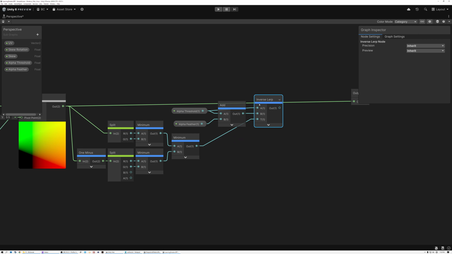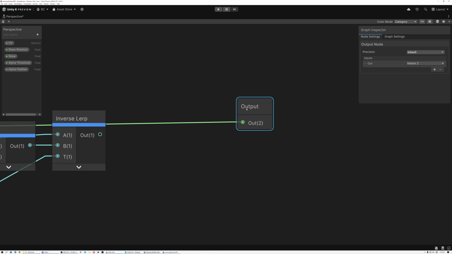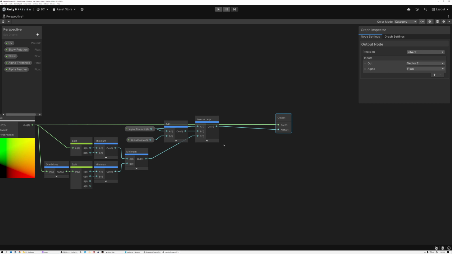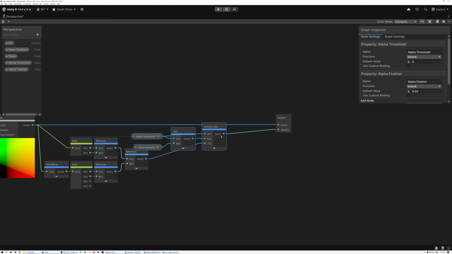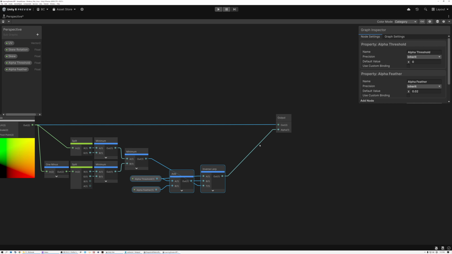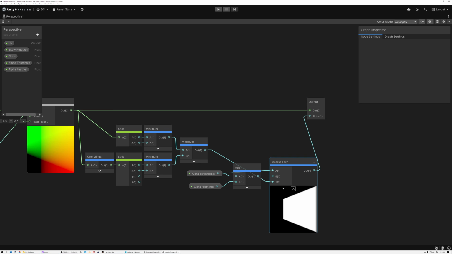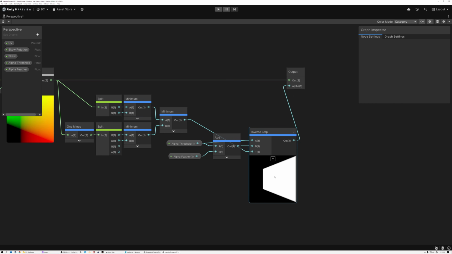All right, so we've got our mask and we can plug this into our output as well. We just need to add another output parameter here and call it alpha, and we can output our result like that. And we did it. We've got our perspective warp node, and it's creating the UV coordinates for the perspective warp. And we also set it up so that it creates a mask that we can use to mask out our